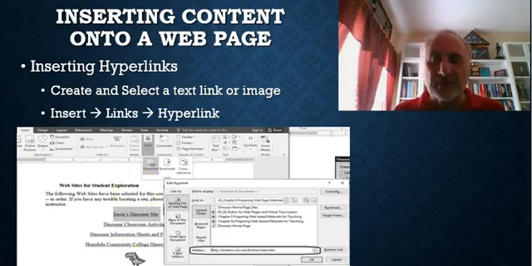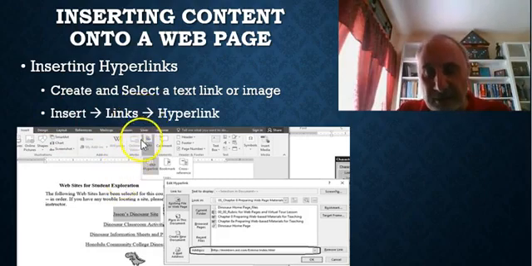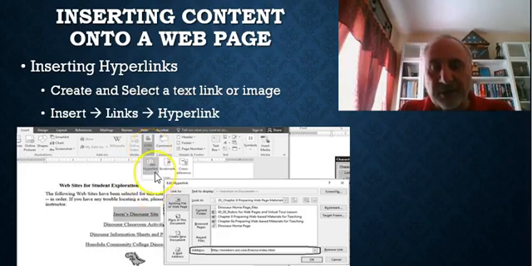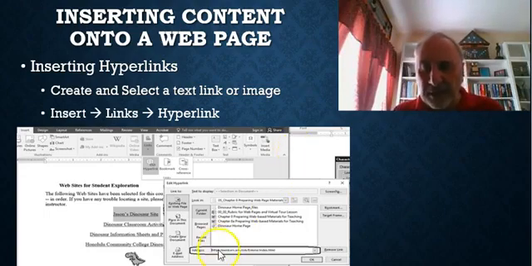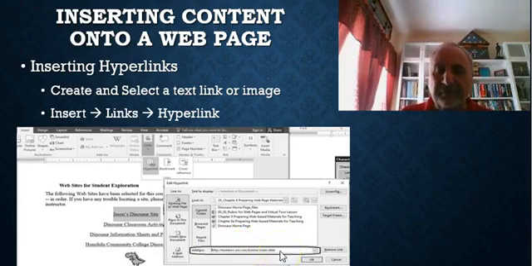and click on it, select the image. Once you've done that, then you go up to the menu at the top. You do an insert, find the pop down for links right there. You can see it. And then under the links, find the pop down for a hyperlink. And this will display this window that you see on our slide. And here is where you would enter the address of the hyperlink,